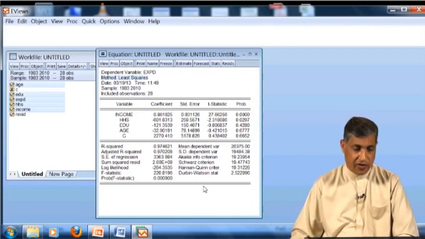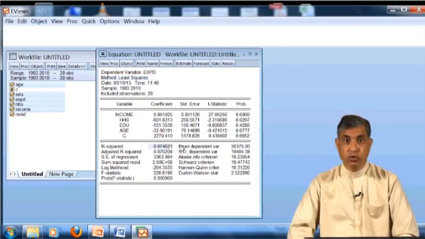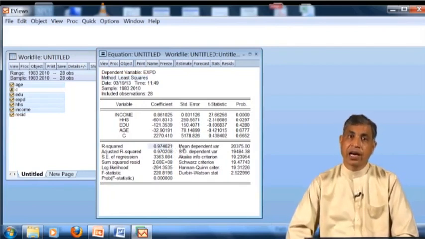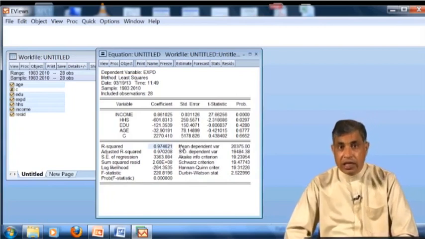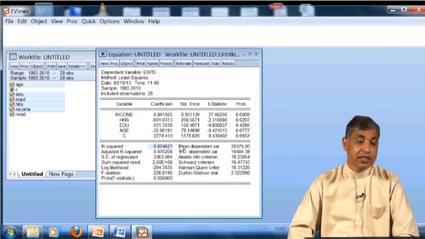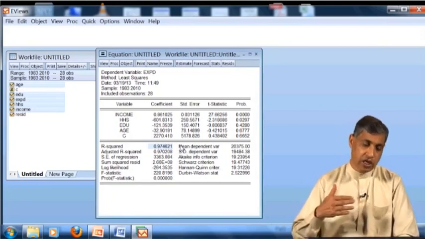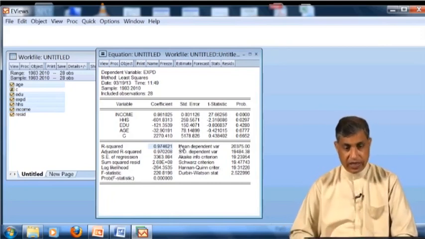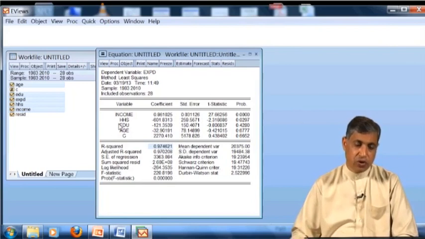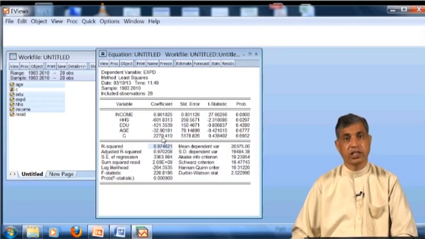So look at this. First of all, come to the R square. And you know, this is now the capital R square because it is a multivariate regression model, because there are many variables. After this I would like to estimate a two-variate regression model. These are the coefficients. This is now beta 2, beta 3, beta 4, beta 5, and beta 6.